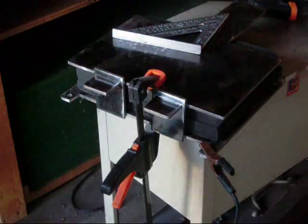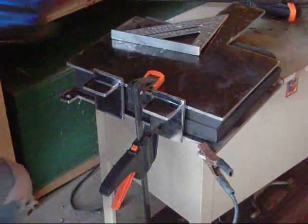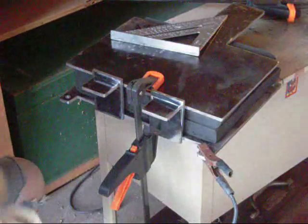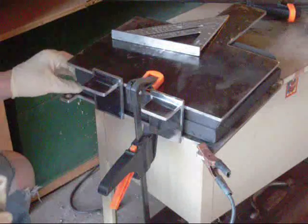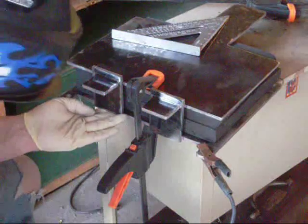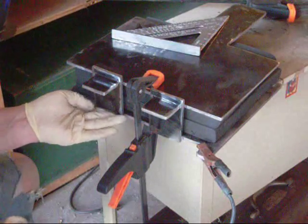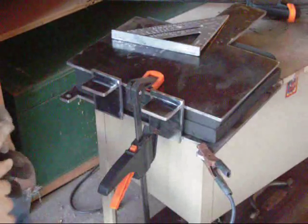Okay, see, I have all the paint removed. Took about 15-20 minutes with the flap wheels. They're pretty amazing. They handled it with no problem. I have the foam in as a spacer, and what I'm going to do first, I'm just going to tack weld these into position,